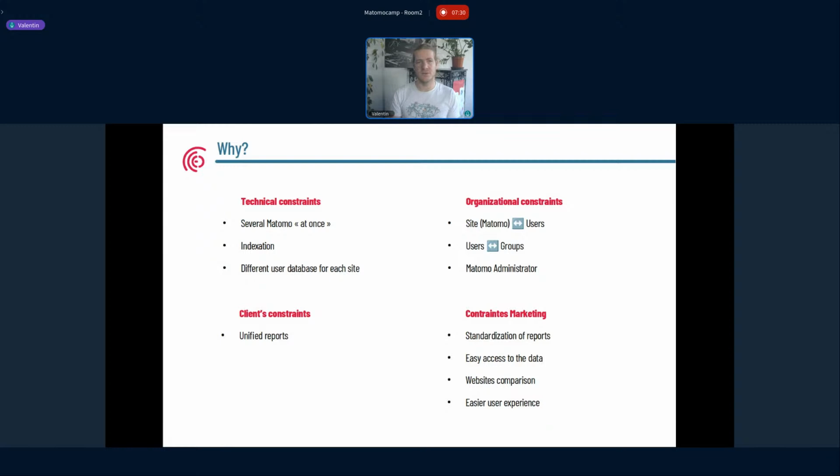That could be tricky. We wanted to be able to create groups, so you have to manage users and groups, and we wanted to be able to restrict Matomo administrators to the Matomo administrator in the different Matomo instance.